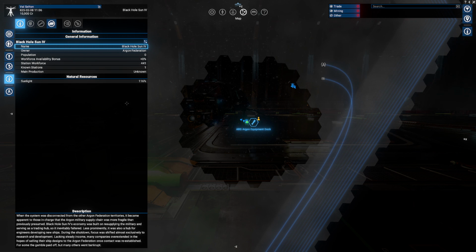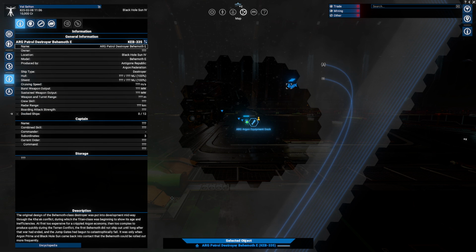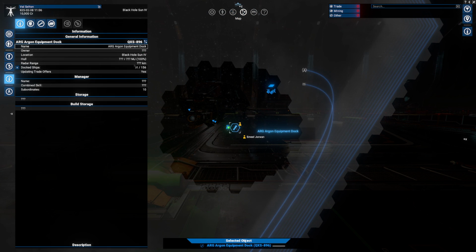Information, which tells you all the information you need to know. It can tell you about the sector. If you click off everything, it'll tell you the sector, what its workforce is, what bonuses to your sunlight there is, stuff like that. If you click on anything else, it will give you the general information of that, including any ships. Some things will be question marks because you haven't got close enough to scan them, and we haven't